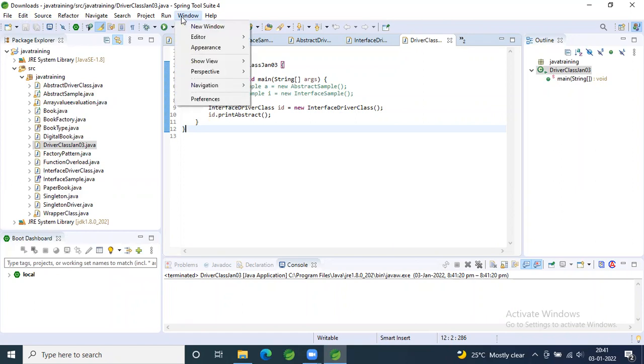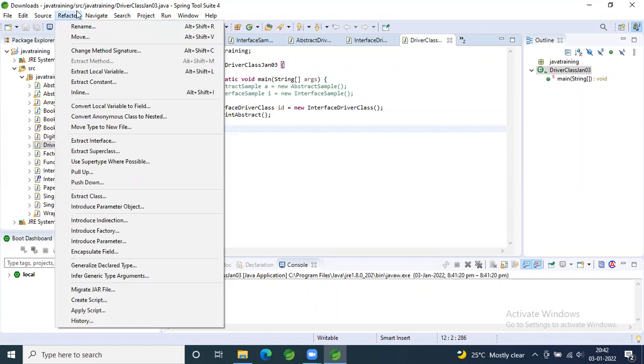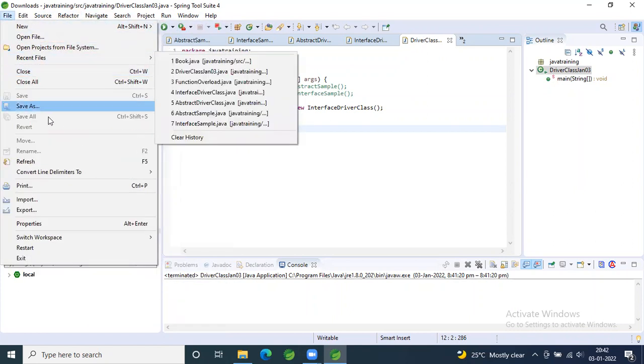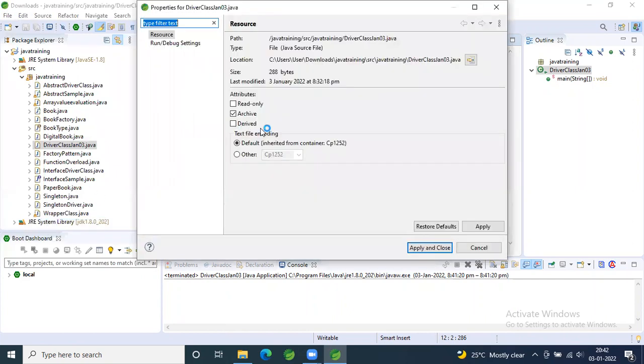Can you go to your file? Properties. On your left, just give a... yeah, there. Type as Java.